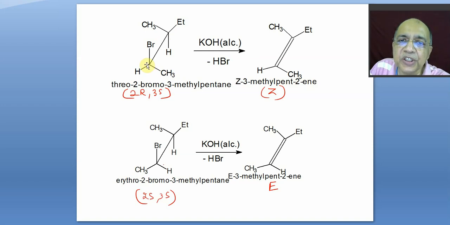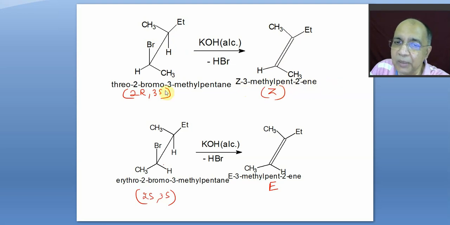Simply the configuration here, according to nomenclature, this is 1, 2. 2 is R and 3 is S. I have already found out, so you just take it from me. And when you carry out dehydrohalogenation, in this case dehydrohalogenation, H and Br will remain anti during the elimination in the transition state, so that the final product is